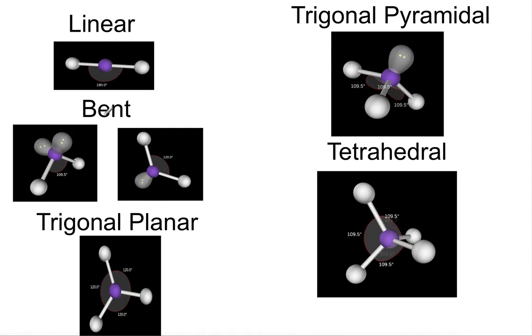Another shape that we have is bent, and there are actually 2 ways that you could produce a bent shape. One, if you have 1 non-bonding pair of electrons and 2 bonding pairs of electrons, and notice that would produce a bond angle of 120 degrees. Or if you have 2 bonding pairs of electrons and 2 non-bonding pairs of electrons. One primary example is water. Water has the Lewis structure of HOH,